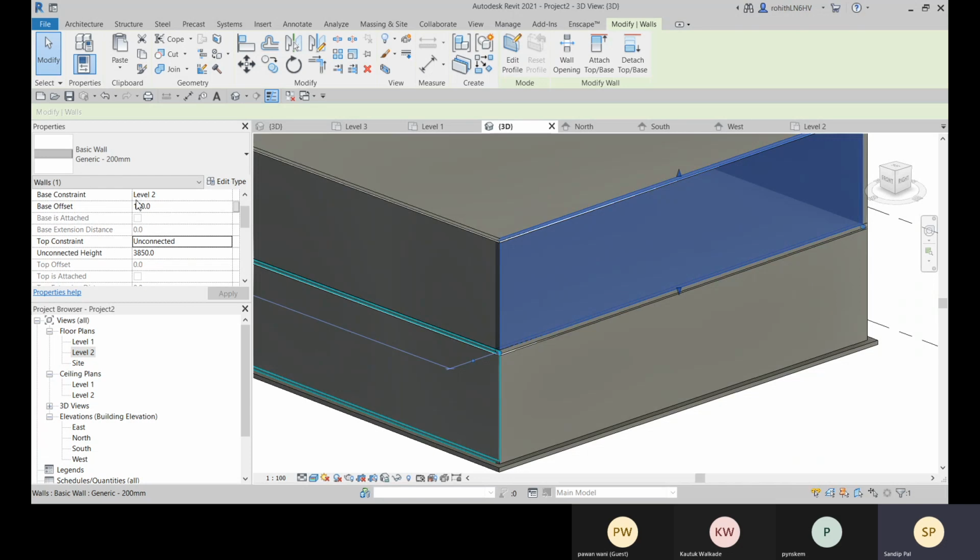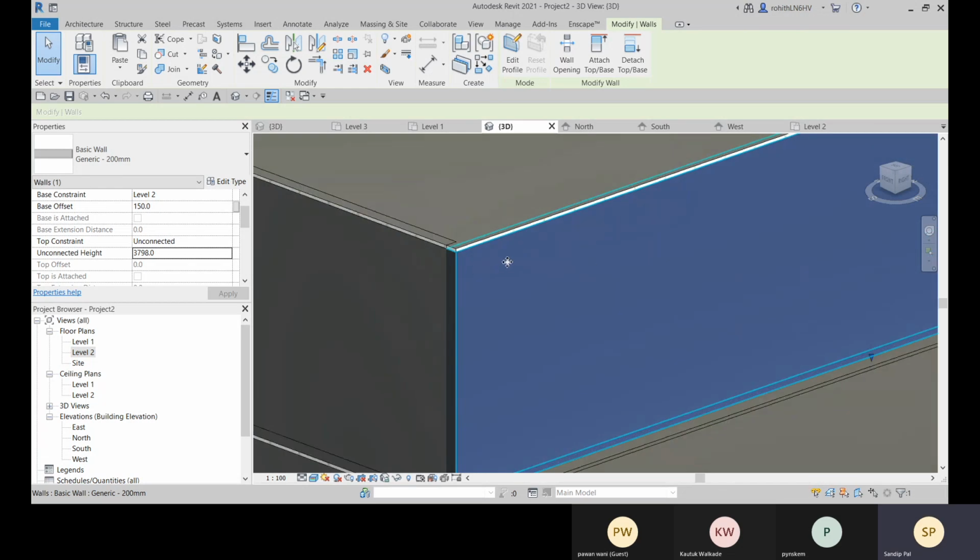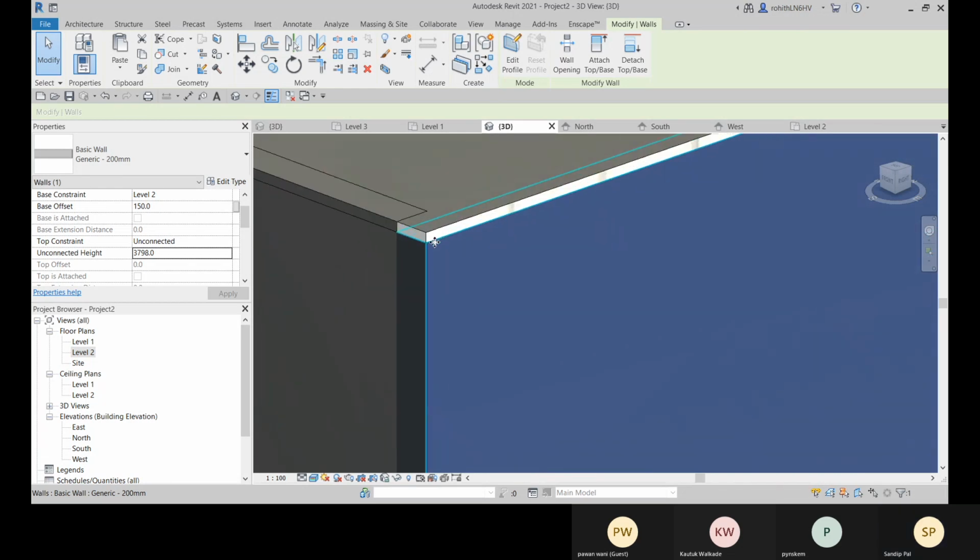Okay, so your base is connected with level 2, and right now the base offset is 150, and you need to make it minus 50. So it will be here. You can see that it is till here.